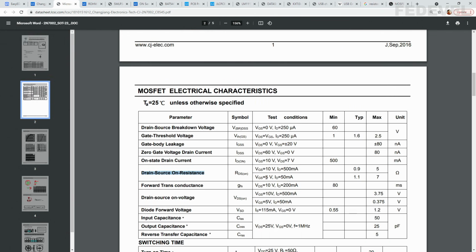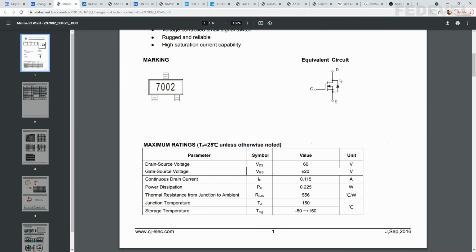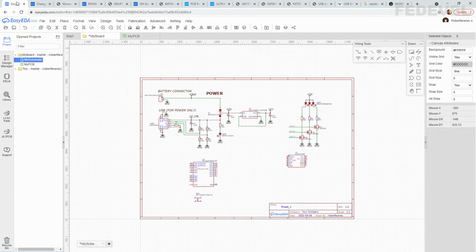And this resistance depends on the voltage which you apply on the gate. So for example, if on the gate there is like 5 volts, then the resistance in your transistor can be as high as 7 ohms. So this could be like a 7 ohm resistor. Okay, so these are the numbers which you may want to double check when you will be using your own transistor in your own board.